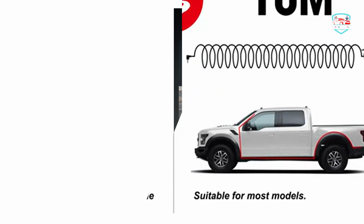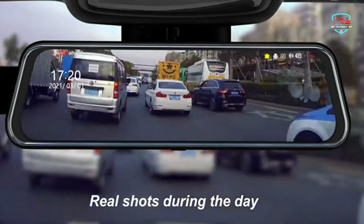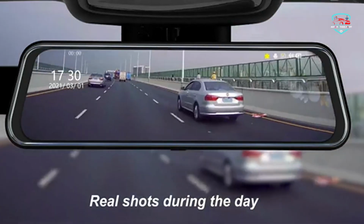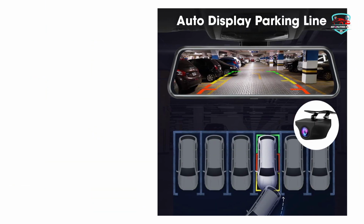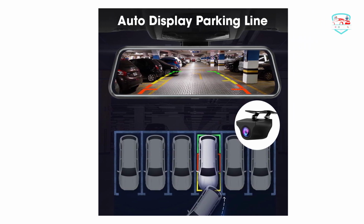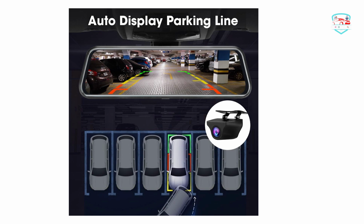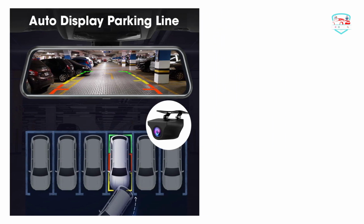Easy installation and professional team. The dash cam with stretchable front cam can be easily installed on the car rear view mirror with provided rubber straps. IP68 waterproof rear camera mounts on the back of the car. No worry about rain. If you want to paste the rear camera inside your car on the rear windshield, please buy our extra bracket, AZDOME